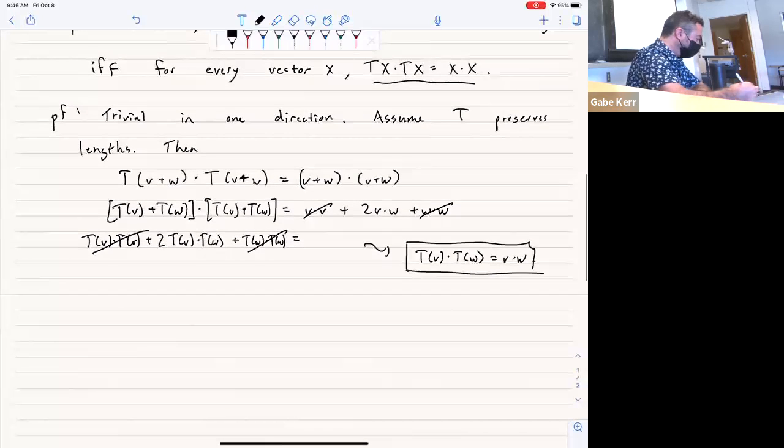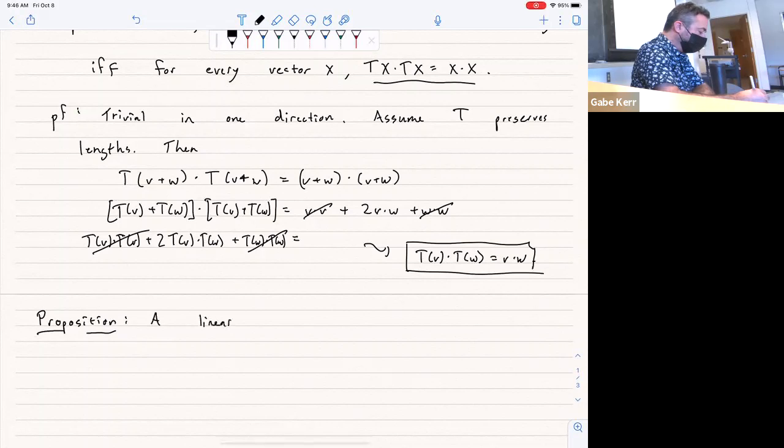Another proposition which we'll use shortly, because I wanted to give a different proof. I do not like the proof. I want to mean theorems later. But this proposition helps us with a different proof. Right, so it says that a linear operator T on R^n, because it really should be a corollary, is orthogonal